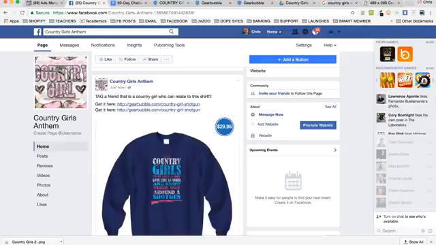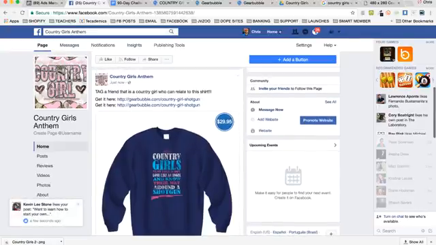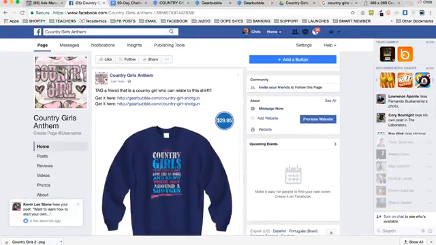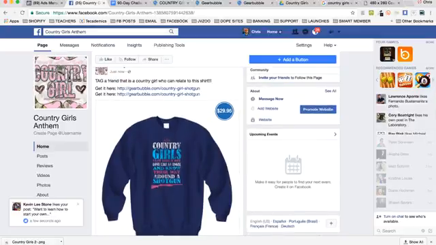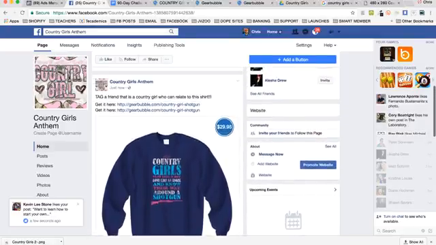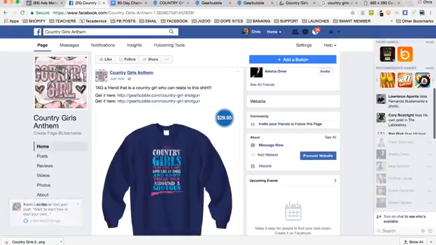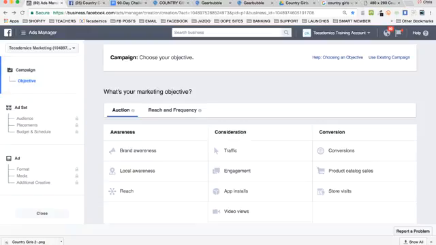Now, what I would probably do is build a Shopify site that was all about country-related stuff, and this would be just one product on my Shopify store. But for the example of what print on demand is and how it works, this is how it works. I've got this post now, and now I can advertise it. Country Girls Anthem. Now I can advertise this post. So now I'll go in here